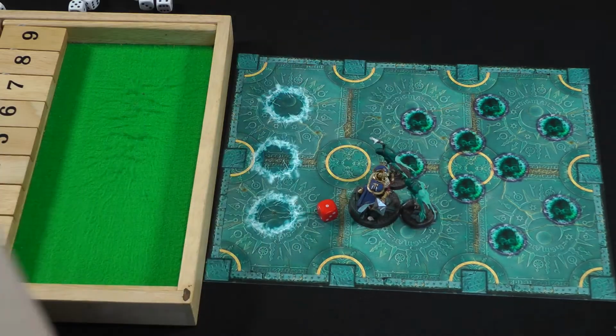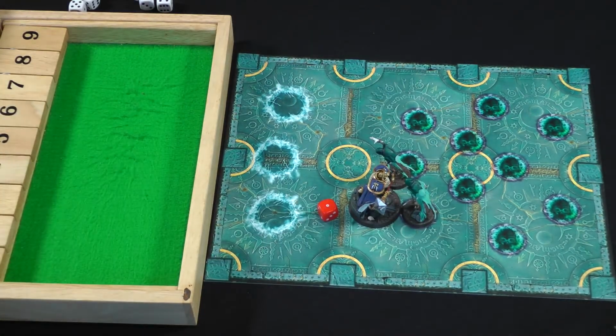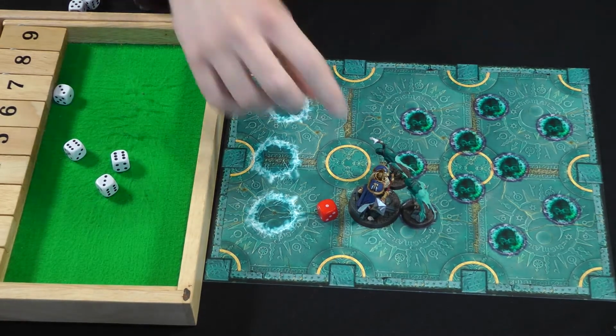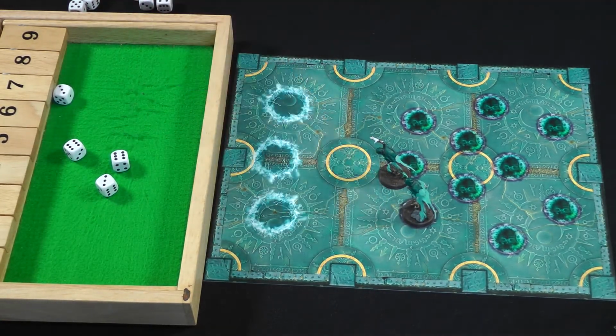And the remaining Chainrasps that isn't in base contact will pile in. And we've got 4 attacks, hitting on 4s. And we've got 2 hits, so the Sequitor goes down. So that's another victory for the Chainrasp, but only 2 remaining this time. Yeah, I did roll pretty well in that one though, so...